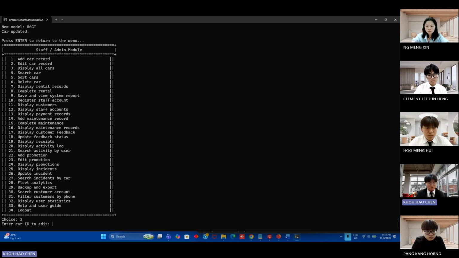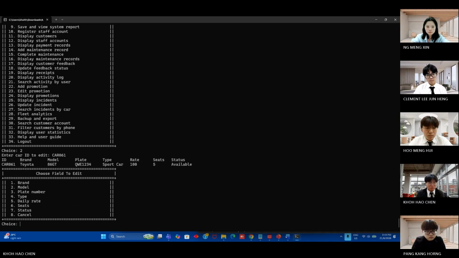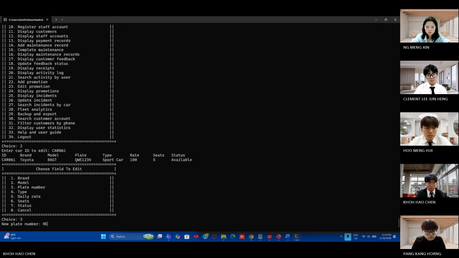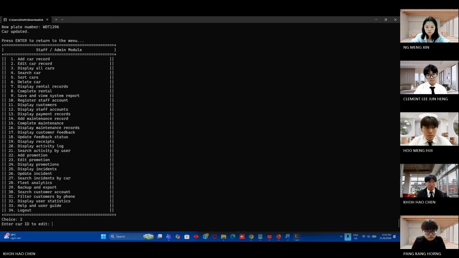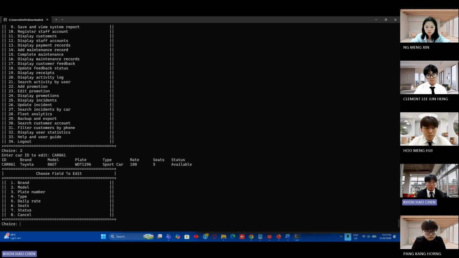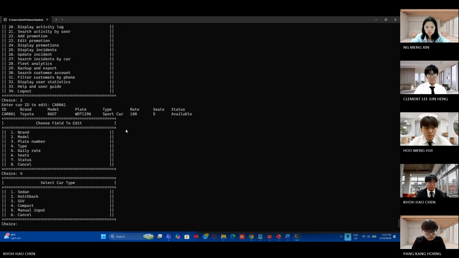I choose 2 again. So if I want to edit the plate number, it will also update the car plate number. I go into edit car record again, enter the ID again. I choose the type.